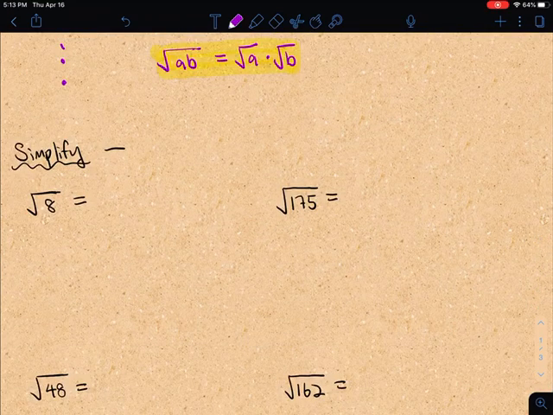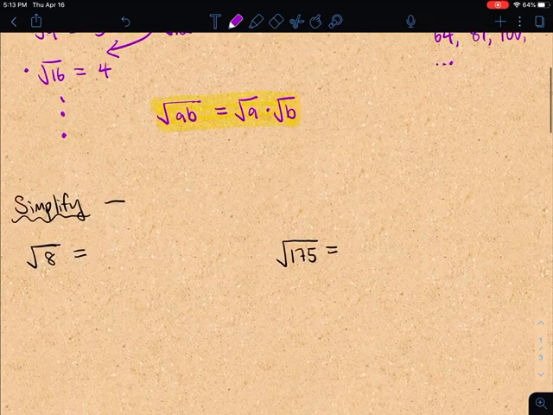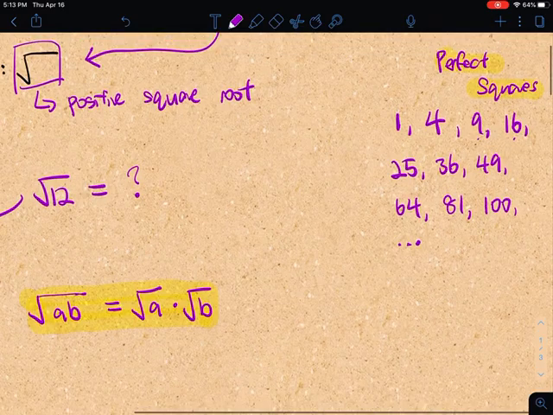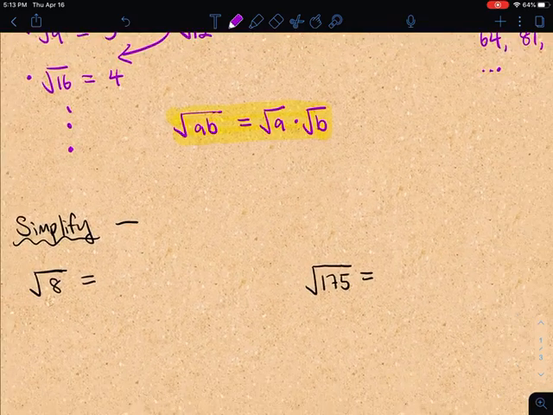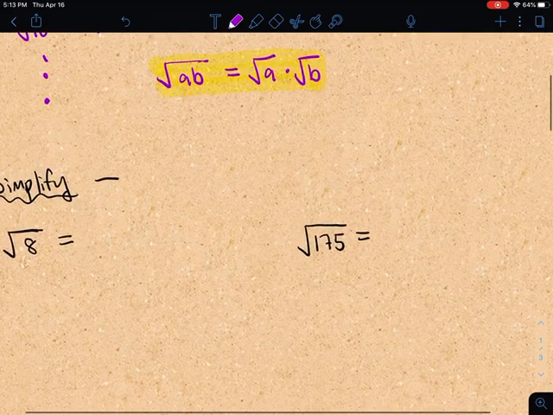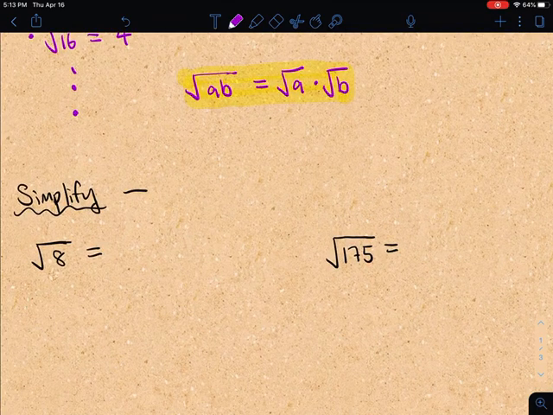Okay, so how do we simplify? Let's look at some examples. So let's say I want to find the square root of 8. Okay, again, this is not going to be an integer, right? Because 8 is not on our list over here. There's no integer multiplied by itself that will get us 8. Okay, but here's what you want to do. So whenever we're simplifying square roots, you want to find